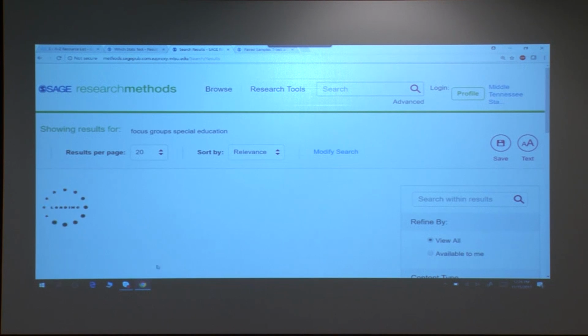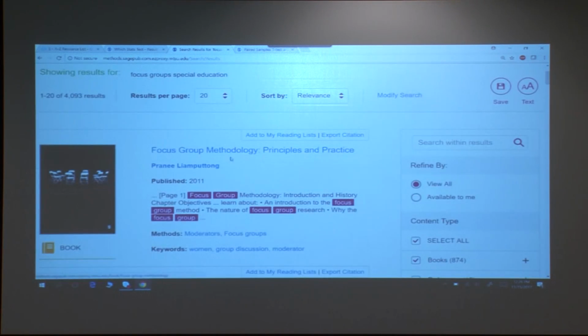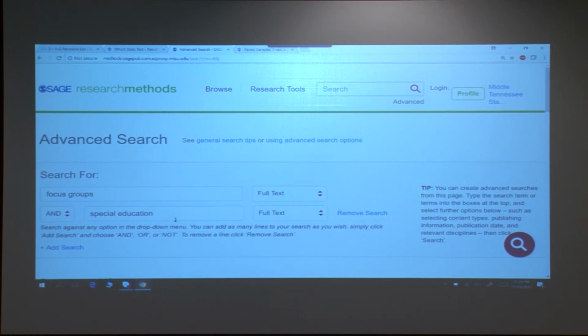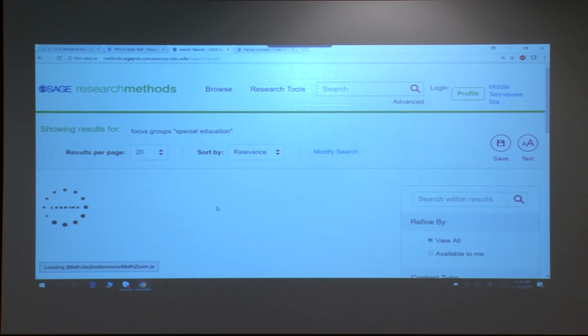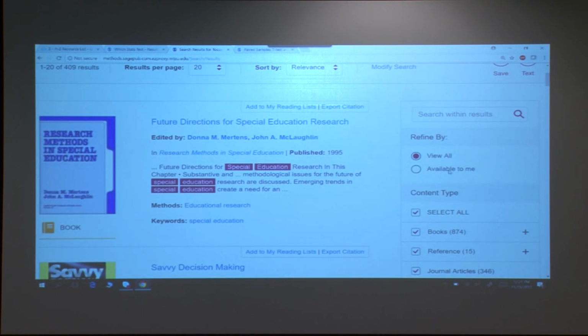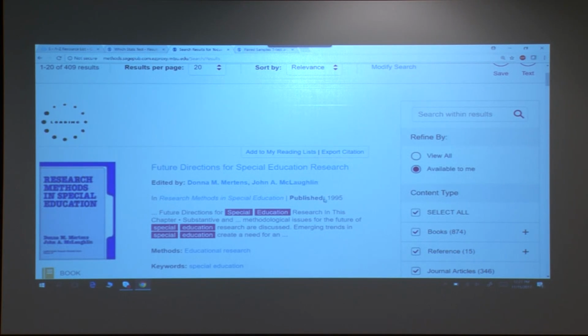some databases are a little more intuitive, but SAGE is not. So I had to go back and modify. It was pulling everything under the sun, and I had to put it in quotes so that it would grab special education and not every single item that said education, which is like 4,000 items. It came back, and when I refined by available to me,